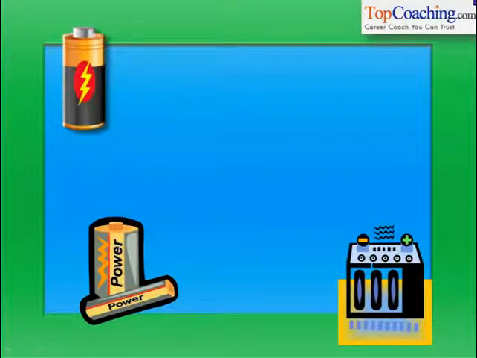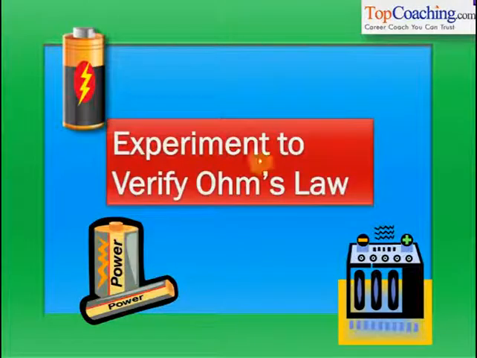Now you have just learnt about Ohm's law. So this is the time to actually conduct an experiment in your laboratory to verify Ohm's law. George Ohm said it, that voltage is proportional to current. That's fine, but is that really true? You can verify all this by conducting an experiment. In fact, we will conduct an experiment in the Top Coaching laboratory right here. Of course, for more problems related to the experiment and for more theory, you can always log on to topcoaching.com's science section. So let's go ahead and conduct an experiment to verify Ohm's law. You can repeat this experiment in your laboratory also.